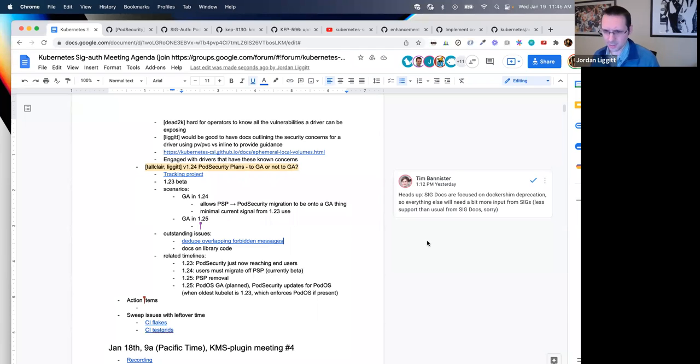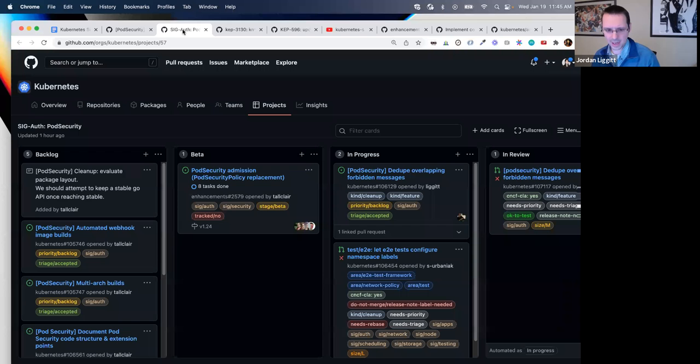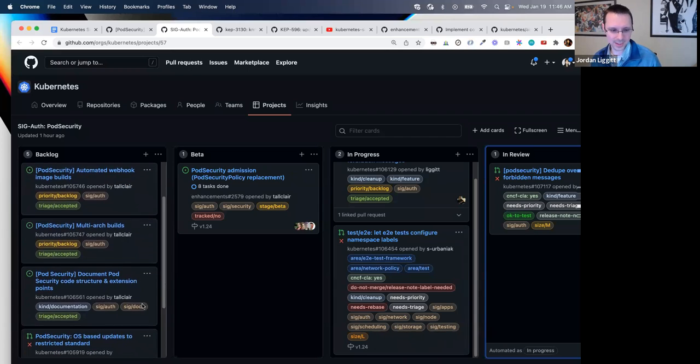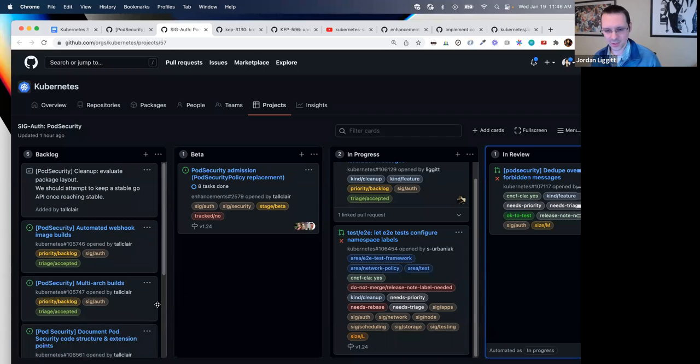I linked to the tracking project, just calling out some of the outstanding items. There aren't a lot. There was one cleanup usability item where if you submit pods to a restricted namespace, you'll sometimes get a forbidden error from the baseline policy and the restricted policy that basically say similar things, which is ugly. So it'd be nice to clean that up.